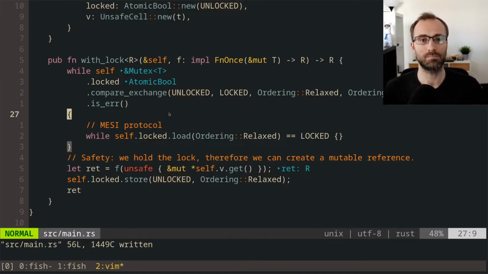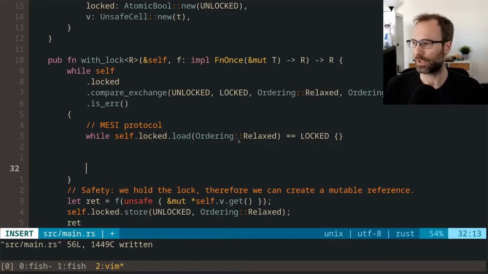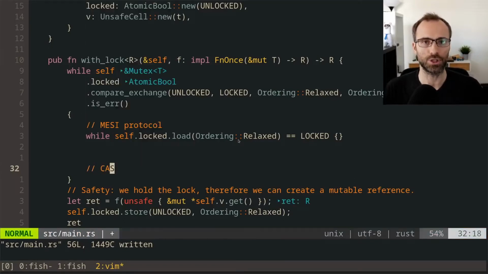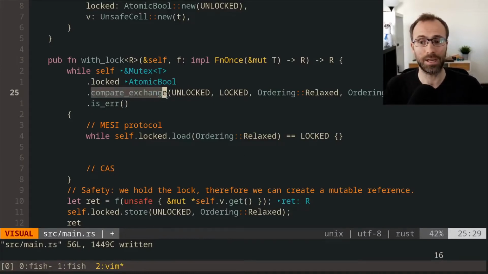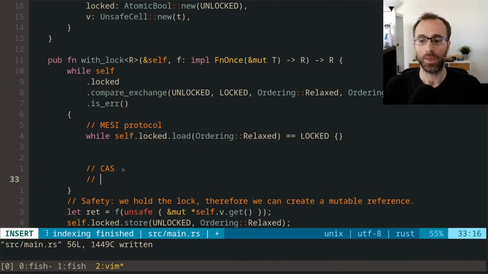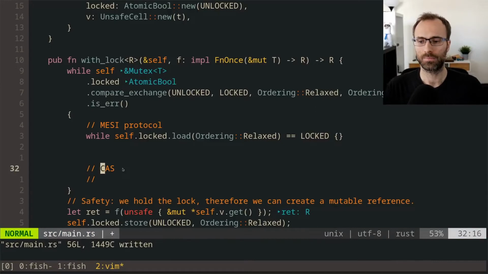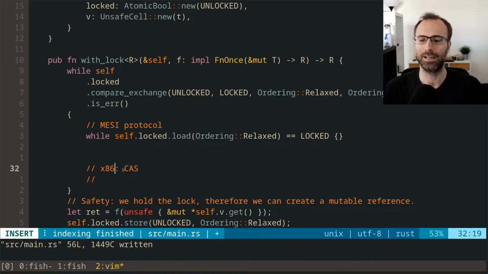The reason this matters is because it comes down to what operations the CPU supports. So on Intel x86, there is a compare and swap operation. It's not technically called that, but effectively there's an operation that implements compare exchange. It does exactly that one operation. It's one atomic instruction. On ARM,